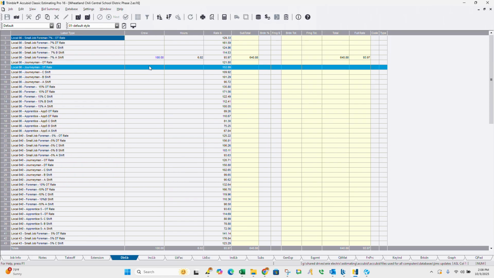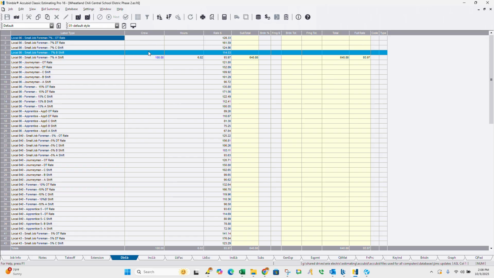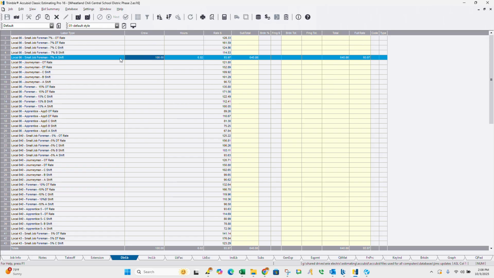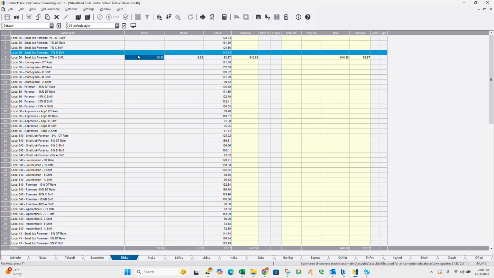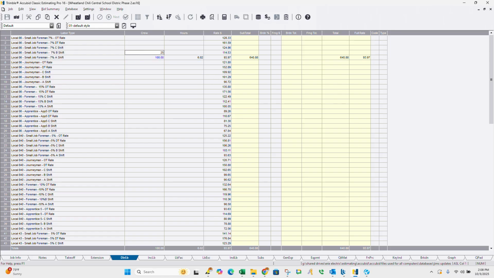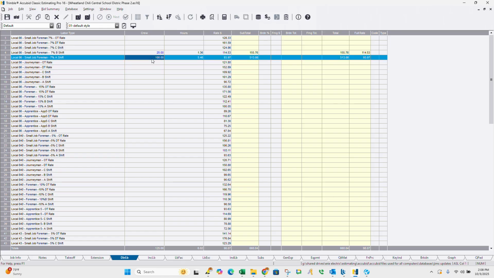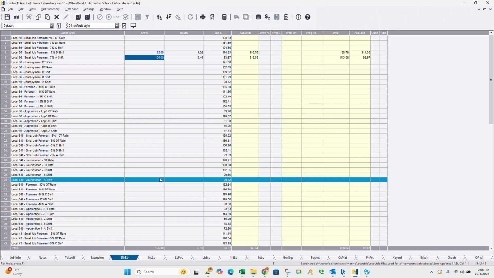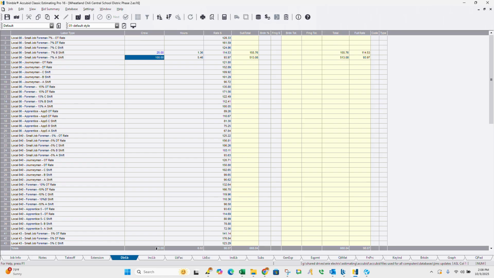Based on the local you're working in, you're going to want to split this labor rate crew up here. So if we're working in local 86 and let's say the job is 25% B shift, we're going to turn that to 25. Your total should reach 100. If you go 125, it essentially adds more hours in this section. But by default, it's set to 100 hours, which means